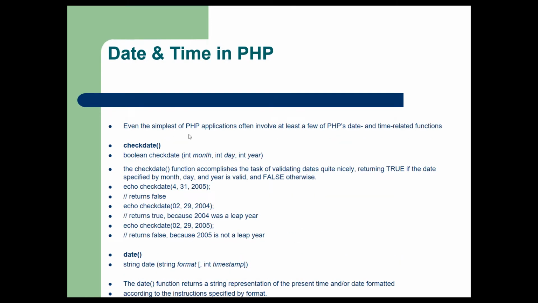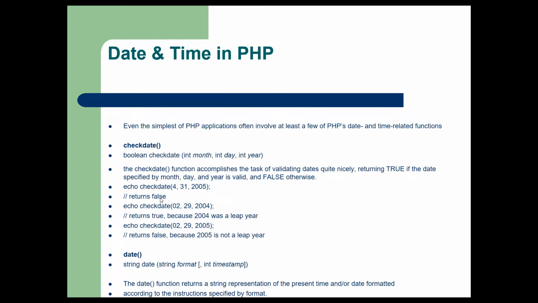So the first method that we are going to discuss today is checkdate. The checkdate method is used to validate whether a date is valid or not. So we pass month, day and the year to the checkdate method and it will return us either true or false. If we pass April 31st, 2005 to this method, it will return us false because